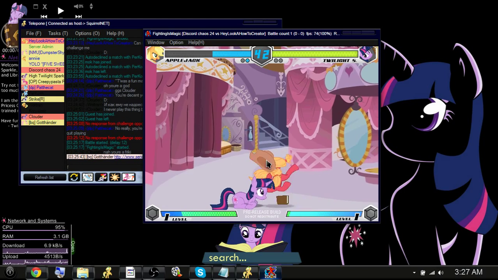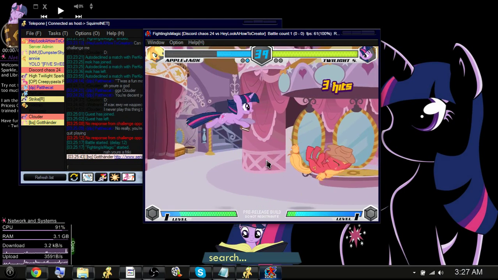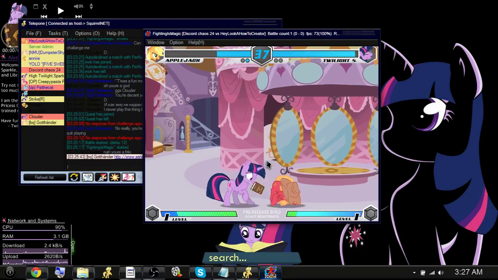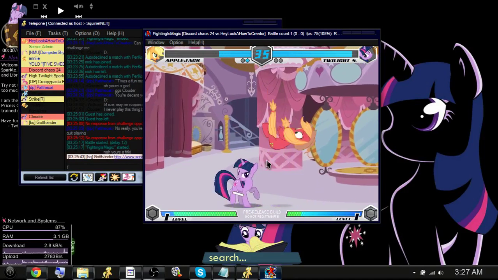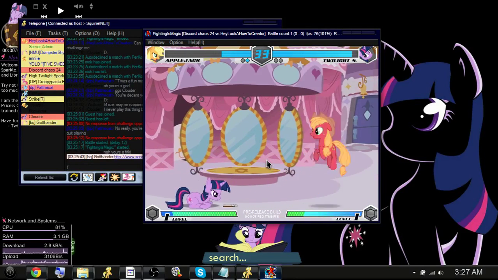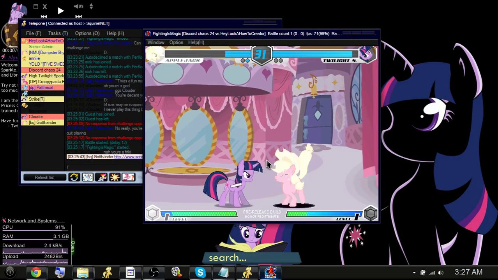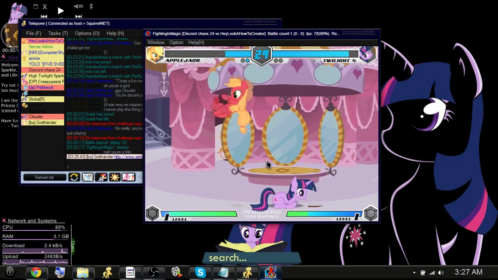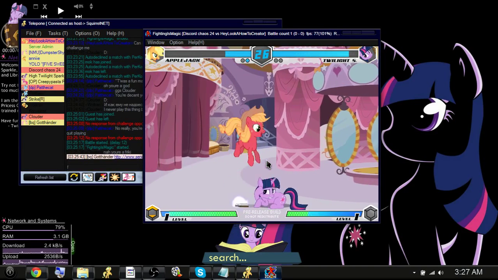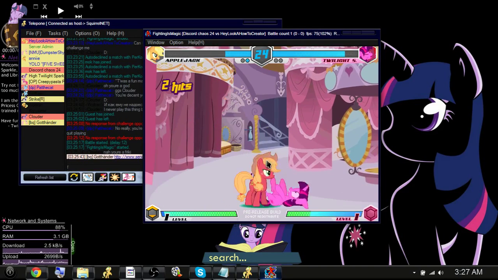Now then, if I'm correct, the game will automatically close out when someone else exits the game. So it'll automatically just close the window. If someone exits the game, it won't just desync you, it'll close the window. How handy is that? I'll go through the options menu at the top in a couple seconds.